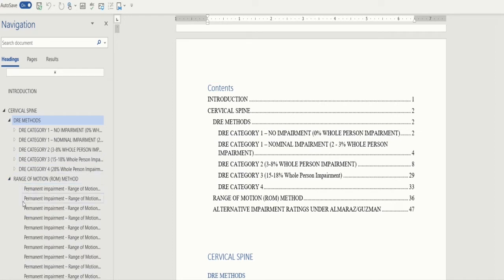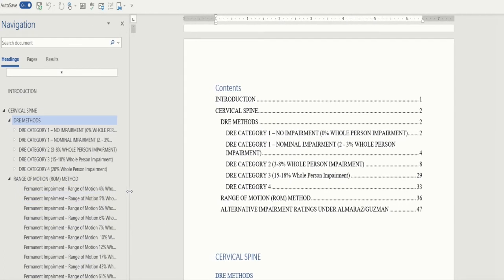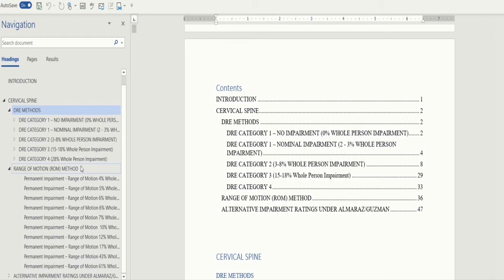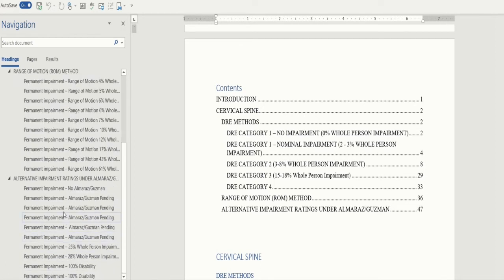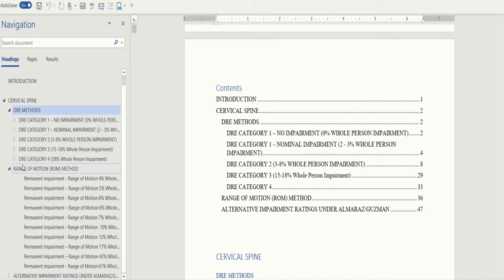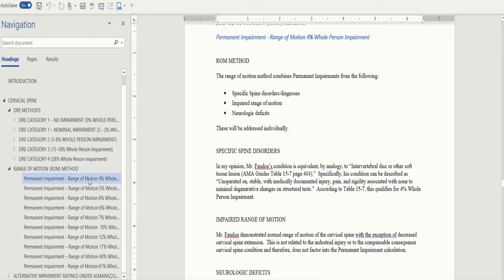Under the range of motion method, we have many permanent impairment arguments here, ranging from 4% whole person impairment all the way to 61% whole person impairment. And then we have alternative impairment ratings under Alvarez and Guzman, and they rate as high as 100% disability as an alternative impairment rating. So when you have your examinee, you simply decide on which method you're going to use to evaluate your examinee, and you can simply click through the examples, such as the 4% range of motion method example,